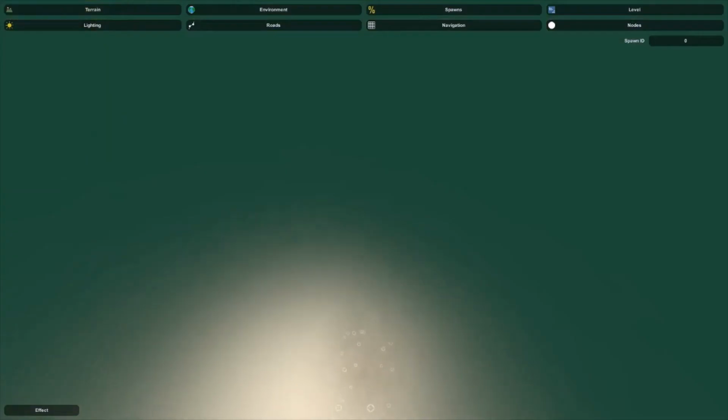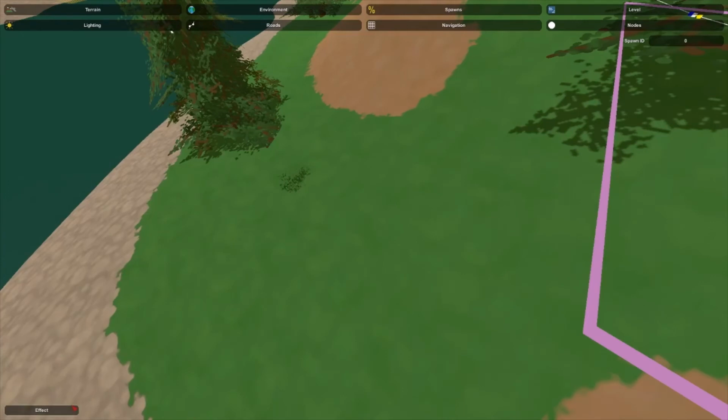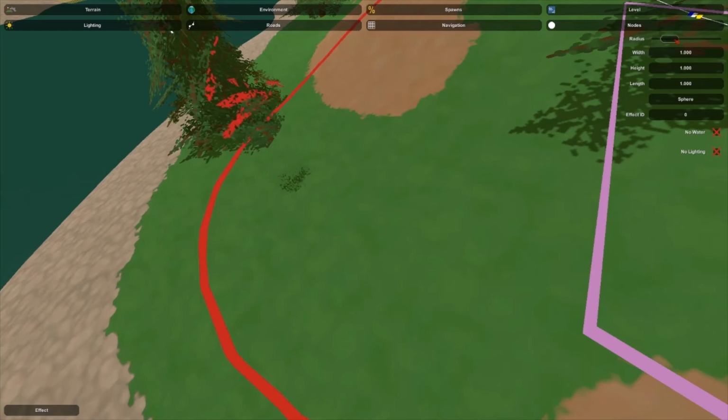Effect, that's, let's see, yeah, let's just do it like that. An effect is basically something that you can use for making dark places or scary noises. So I'm just going to look that up on the internet real quick, the ID, so I can show you. I'm just going to make the radius a bit bigger, and we're going to go to ID. Let's say